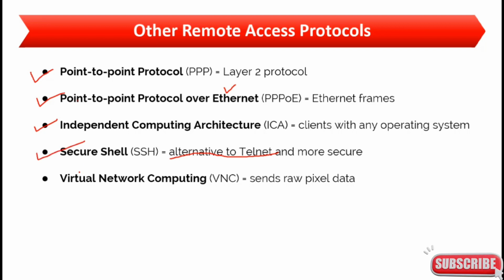The next and the last remote access service protocol that we're going to see is VNC, that is virtual network computing. Virtual network computing, VNC, is a remote desktop sharing system that uses the remote frame buffer protocol. Now VNC includes a VNC server, that is software which runs on the machine sharing its screen, then a VNC client, that is a machine that receives the shared screen, and the VNC protocol, which is again a type of